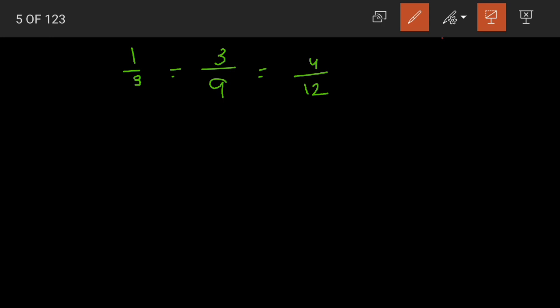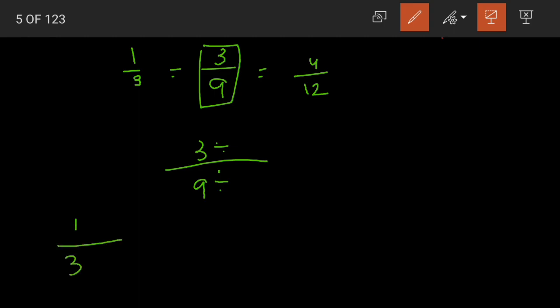Now all the 3 numerators are different and the denominators are also different. But they are saying that all these 3 are equal. That means these 3 are equal in value. These are our equivalent fractions. If we take 3 by 9, yes, in equivalent fractions we multiply or divide the numerator and denominator both with the same number, children. If we take 3 by 9 and if we divide both the numerator and the denominator by 3,